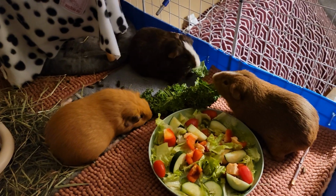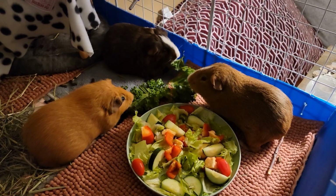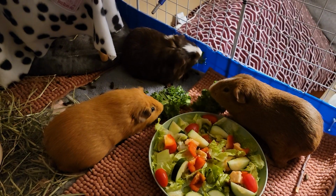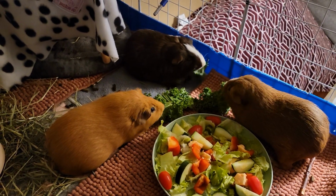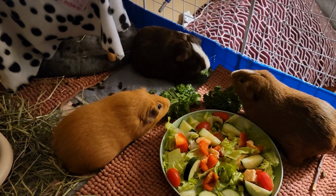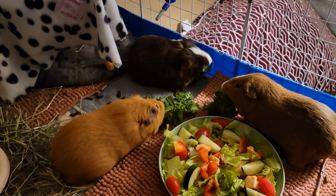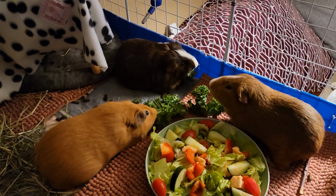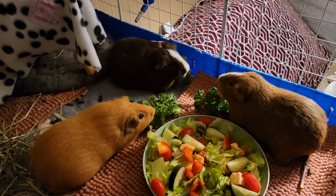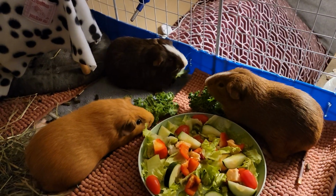Yesterday, I had to separate these three. Actually, the little cinnamon brown one to the right, I put by himself, because the dark brown, Abe, and the reddish brown, caramel butterscotch colored, apricot, I don't know what color he is, to the left, those two were really all over Joey, my cinnamon brown one. I don't know why, just mounting and humping, and they would not leave him alone, and it was escalating, and